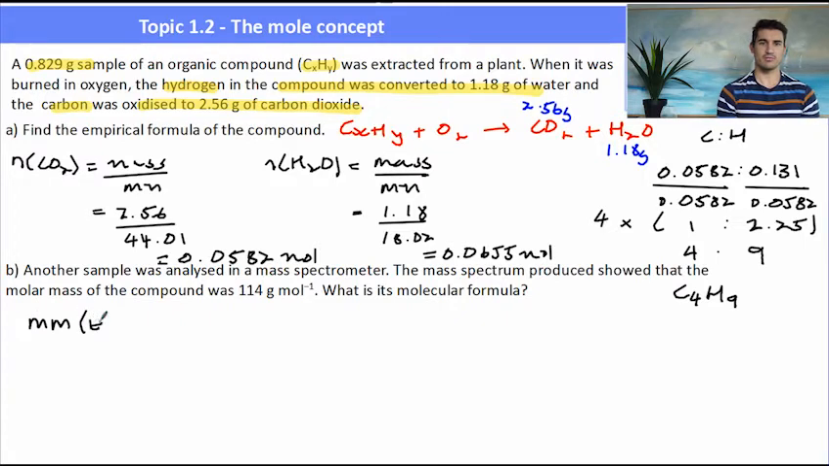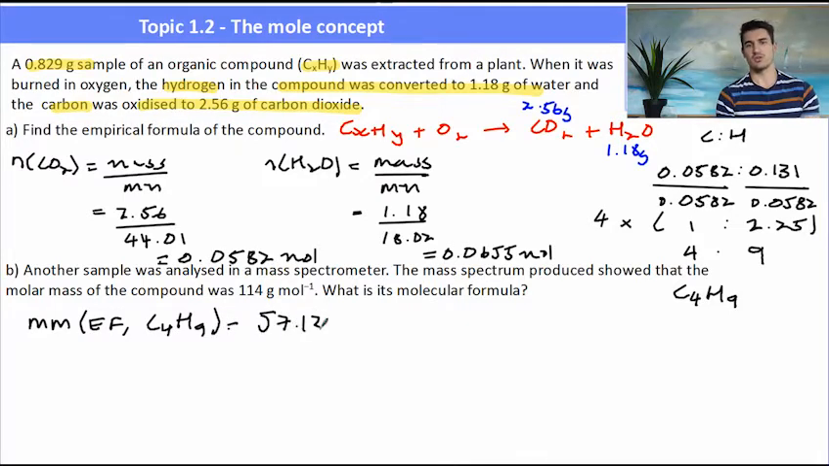The mass spectrum produced showed that the molar mass of the compound was 114 grams per mole. What is its molecular formula? So to work out the molecular formula, the first thing we need to do is work out the molar mass of the empirical formula. And the molar mass of C4H9 is 57.13. That does not equal